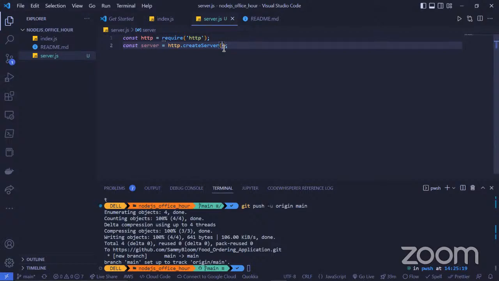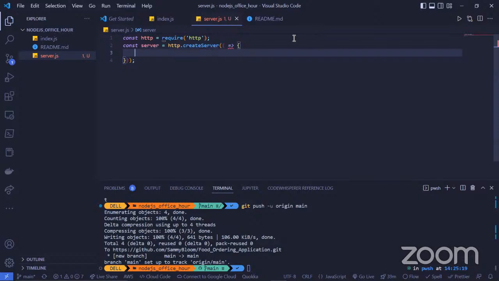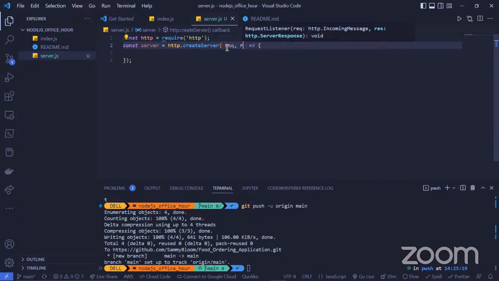Another thing we have to do is make a callback function in our createServer function. We talked about this. It's basically like this: we have a callback function, and the callback function will have two arguments, which are request and response.